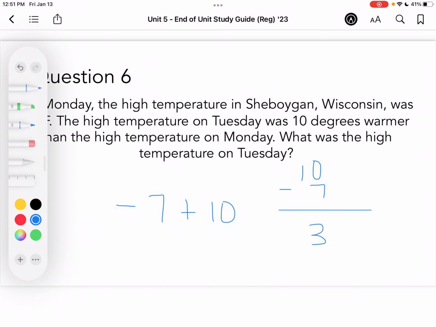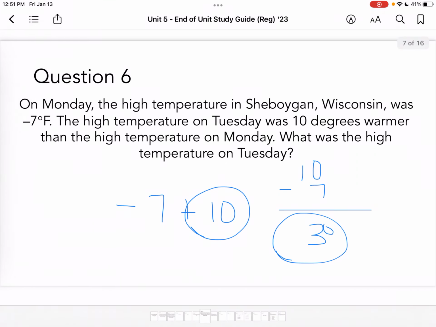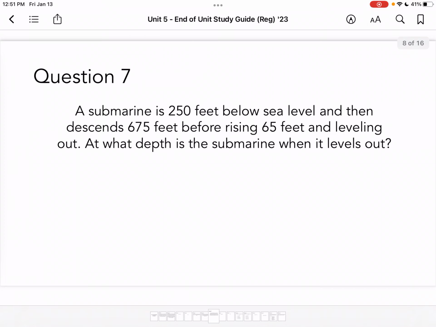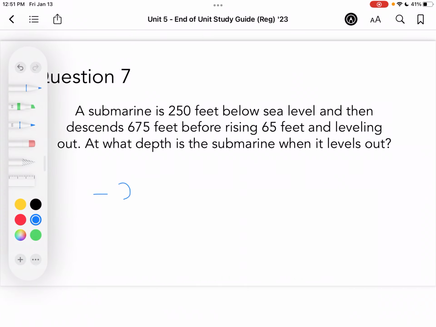So I end up with 3. And I know that I have more positives than negatives, so it's going to be 3 degrees Fahrenheit, and it's going to be positive. A submarine is 250 feet below sea level, so I know I have a negative 250